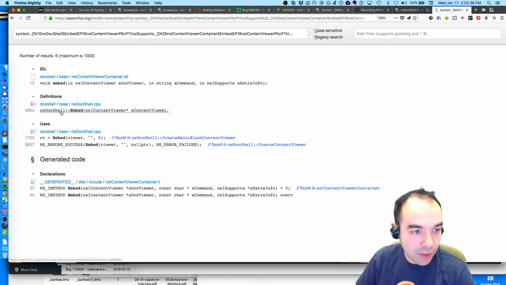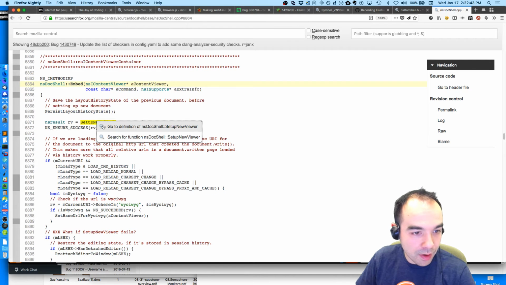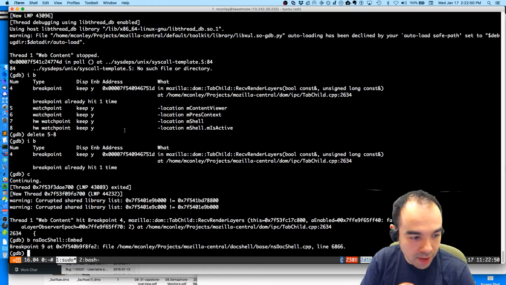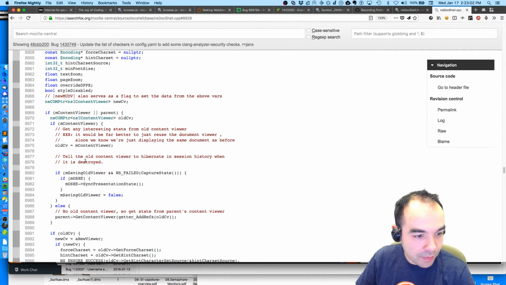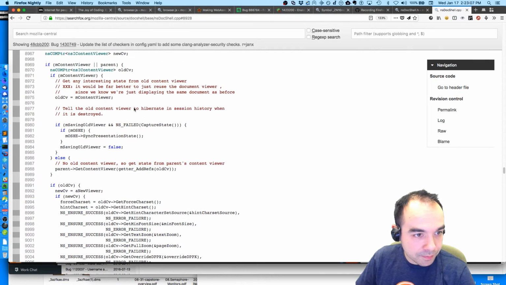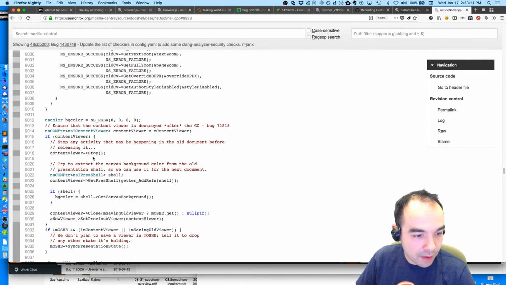One of the things that embed does is it calls setup new viewer, and that's another thing I'm going to set a breakpoint on, ns-doc shell setup new viewer. And one of the things that it does is it will... what will it do? It was doing something.